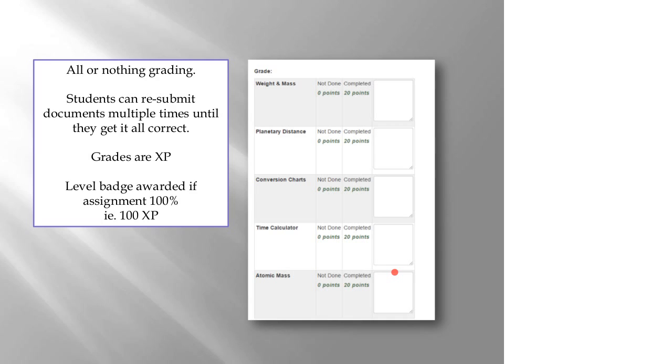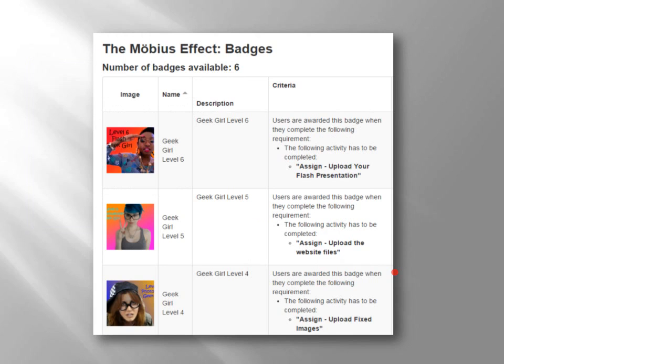It's not automatically graded. I look at the spreadsheets in this particular level. It's all spreadsheets. I look at those and I see what's right, what's wrong, and in the little comment box, I can obviously leave comments if I want to say to them, look, you're so close, but there's just this little thing that's not working. And I find that works quite well. And then, of course, when you've got all of them, you get the badge.